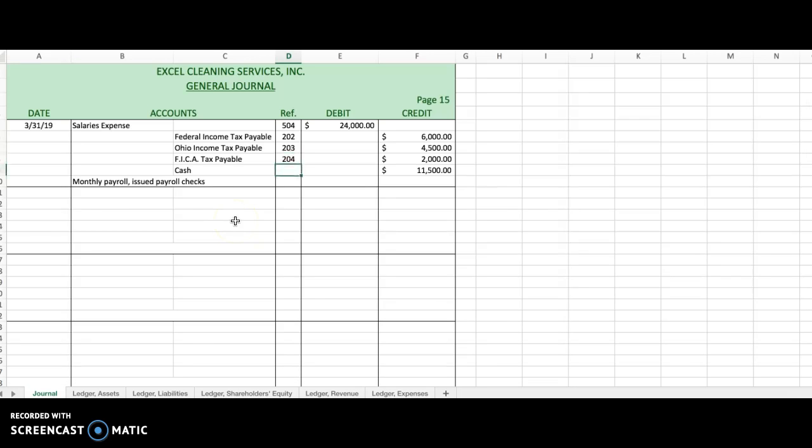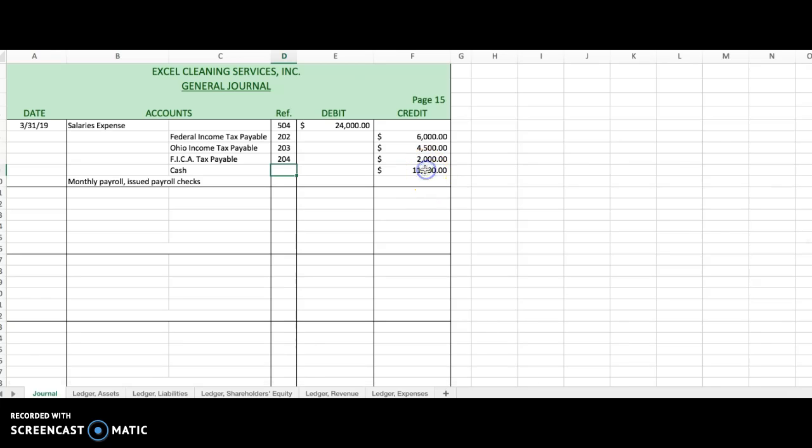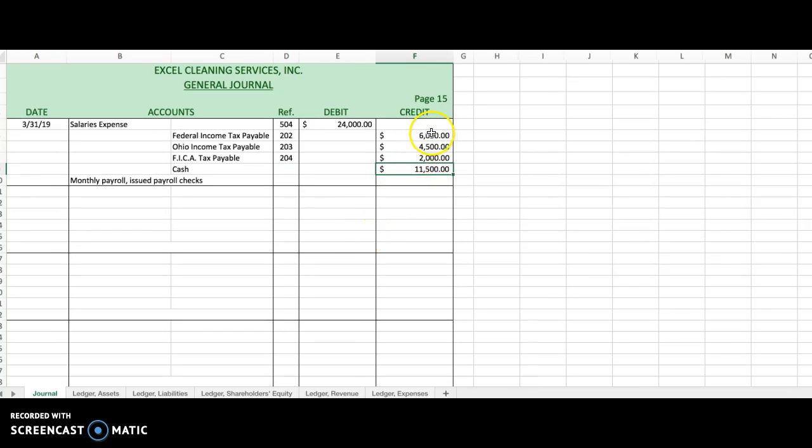And remember, as we said yesterday, when we do these salaries expenses, cash will be, in this case, $11,500, but in effect, you need to calculate it by subtracting these three numbers from the $24,000. You subtract what we have withheld from the employees to get their net pay. So now we do use cash, and